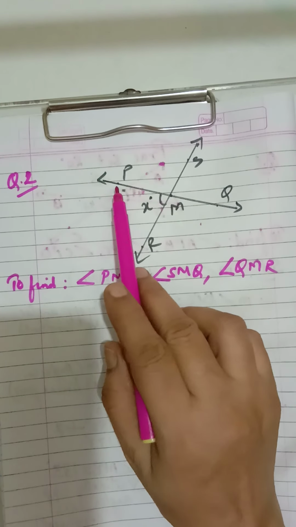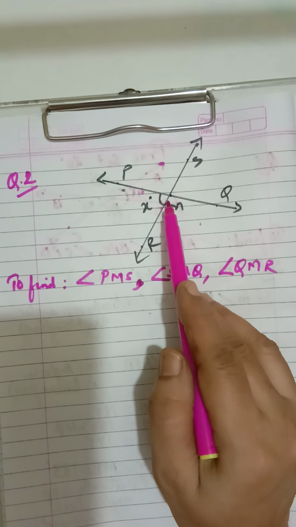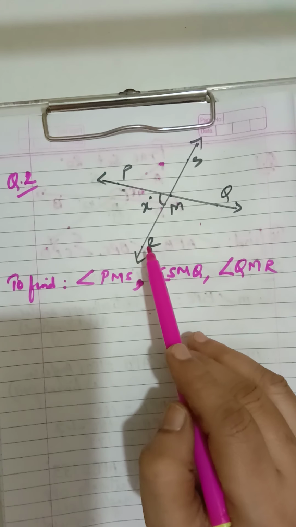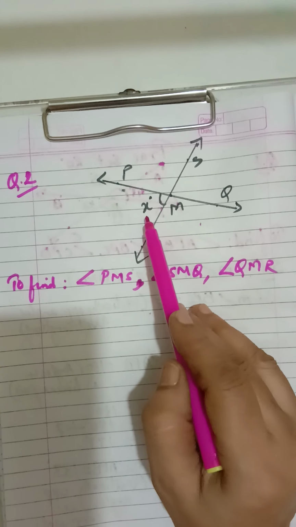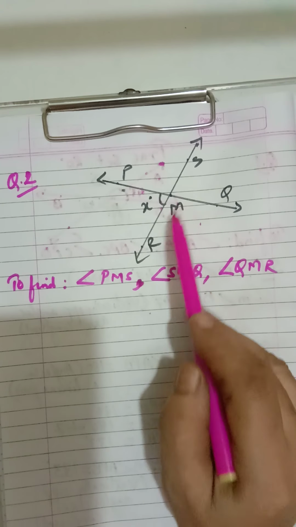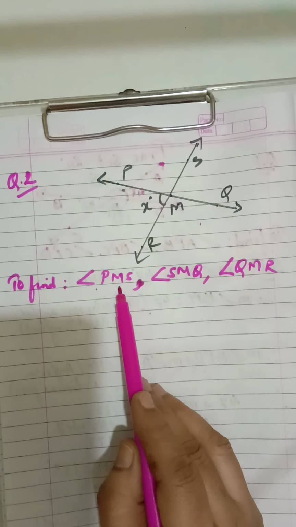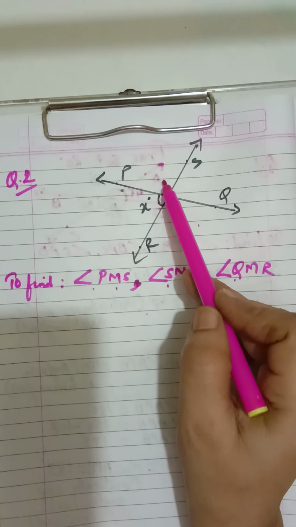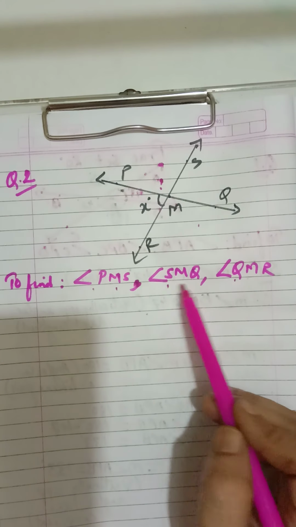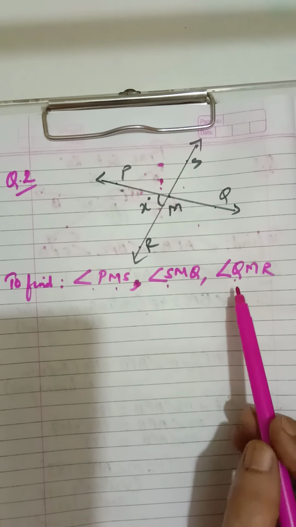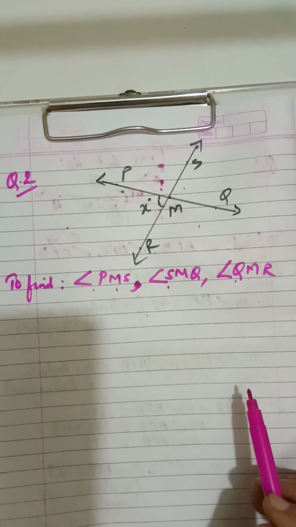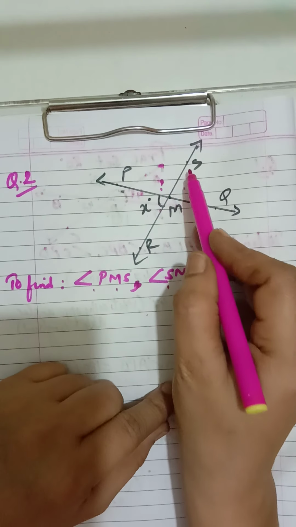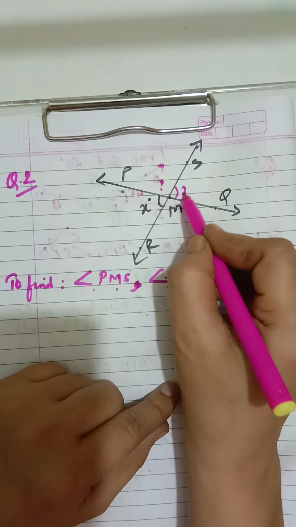Now what is given? Two lines, line PQ and line RS intersect at point M. Measure angle PMR is equal to x degree. Here the value is not given, they have given x degree. Find the measures of angle PMS, angle SMQ and angle QMR. PMS, that means this angle, SMQ, this angle, and QMR. Now see children, first thing, PMR, its vertically opposite angle will be SMQ. So this angle also will be x degree.